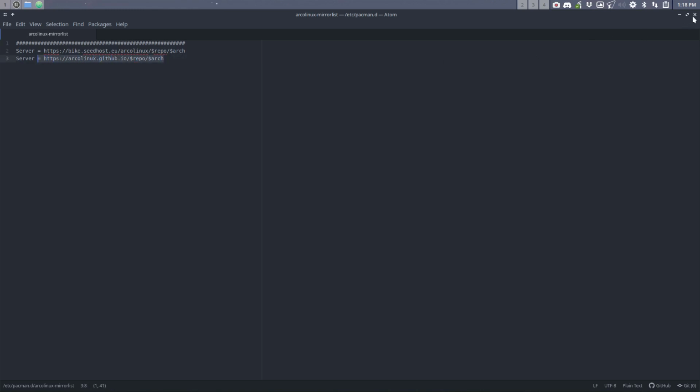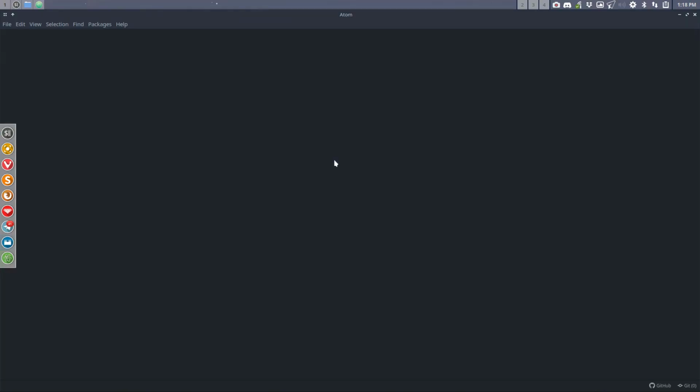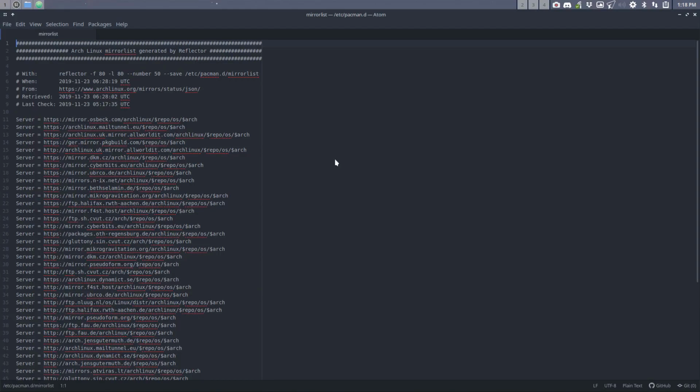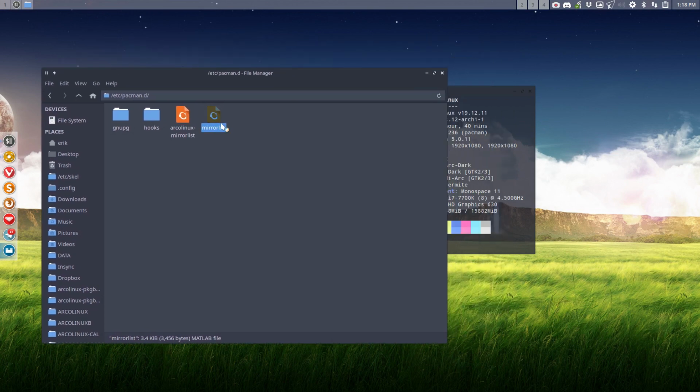So that's ArcoLinux, and it has nothing to do with the official mirror list of Arch Linux. This is the official file where Pacman is going to look, and it's going to look at the first server. If the first server has the package, great. If it hasn't the package, it will go to number 2 and 3 and so on until it finds it. So that's how this mirror list thing works.